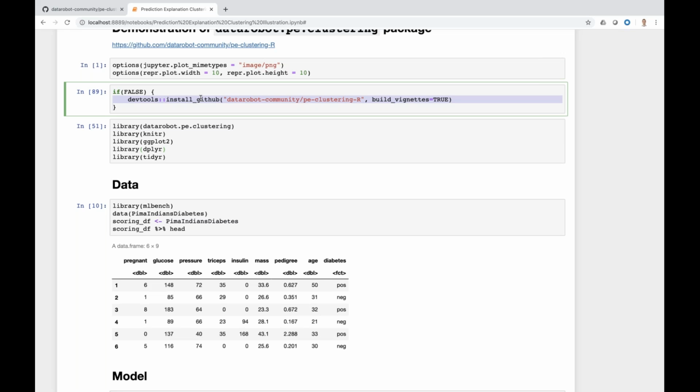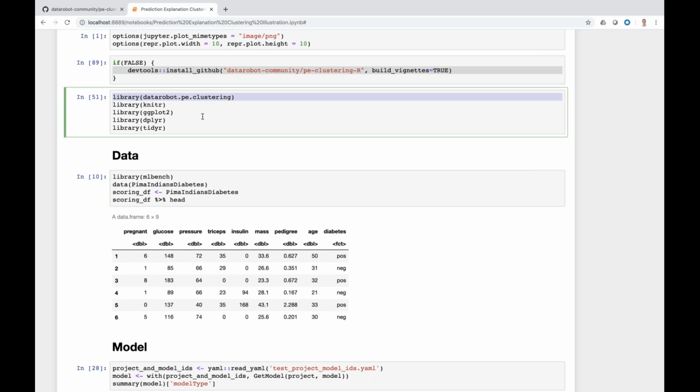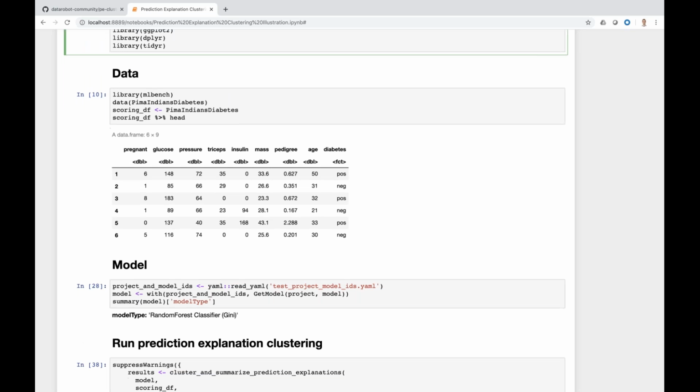In terms of installation, we can just use the devtools install_github function to install the package. So in just one line, you can reach out to GitHub, grab the package, and install it just like any other R package. And once it's installed, we can load that up just like any other R package. The package name here is DataRobot PE clustering.